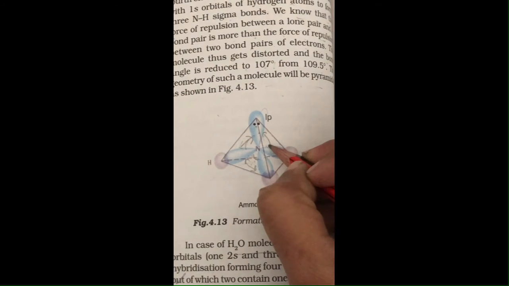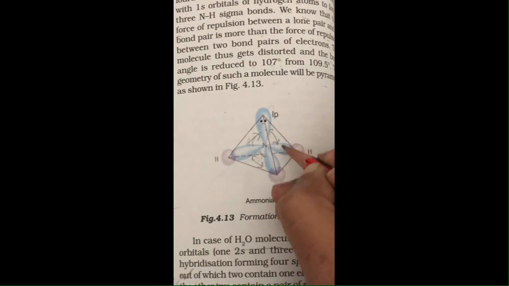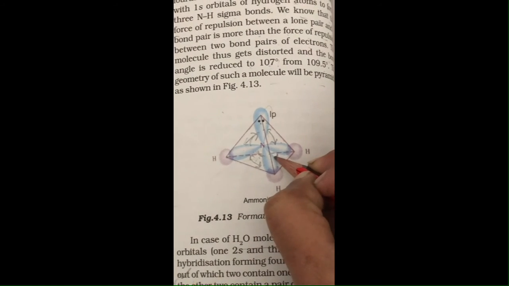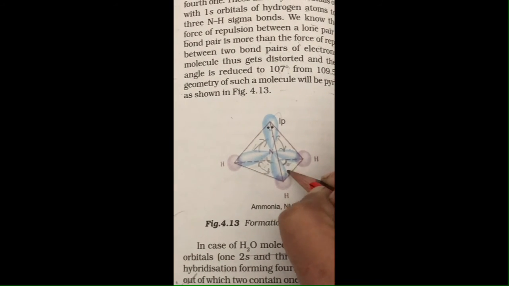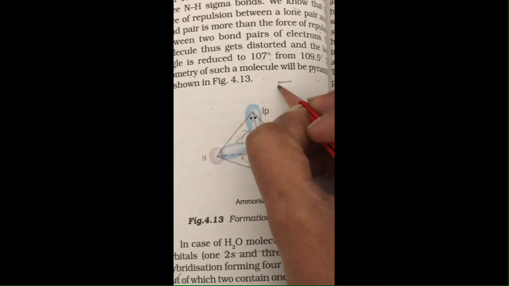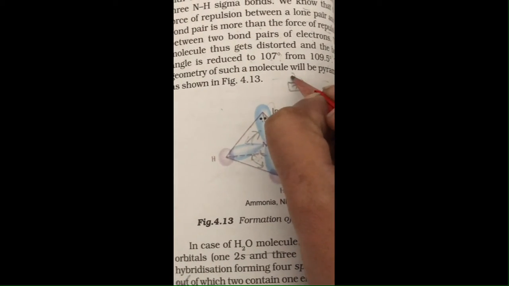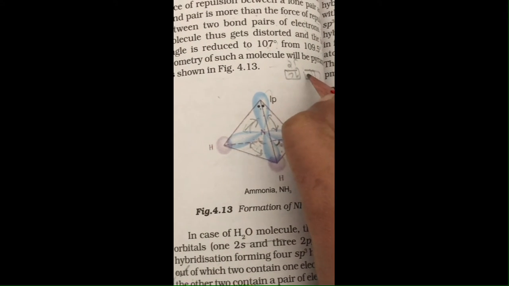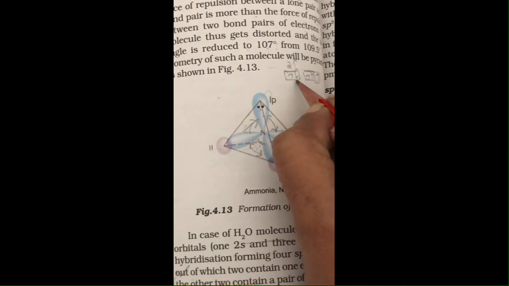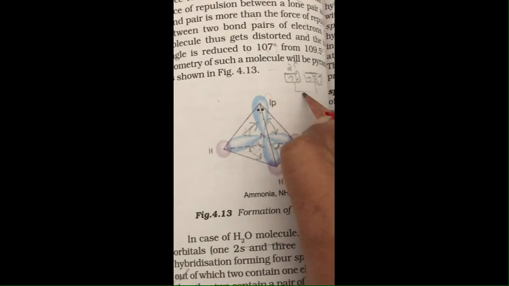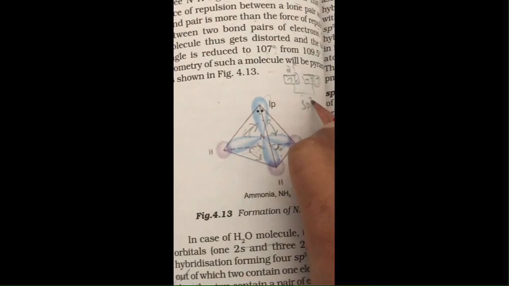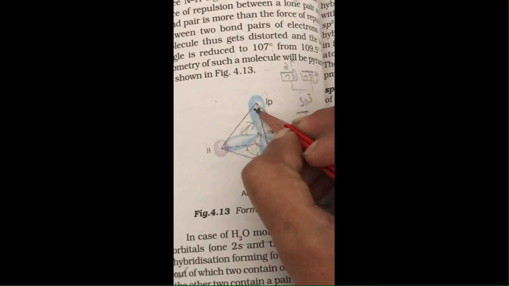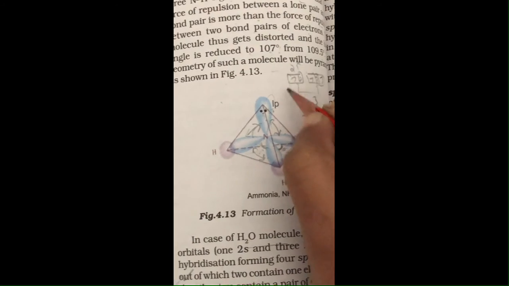Again, this side lone pair-bond pair repulsion is going to contract this bond angle by 2 degrees. Clear? And the configuration in case of nitrogen you can write like this: 2s2, two electrons, and in 2p there are 3 electrons, and these orbitals are going to intermix and result in the formation of 4 sp3 hybrid orbitals, in which one is the lone pair carrying orbital.